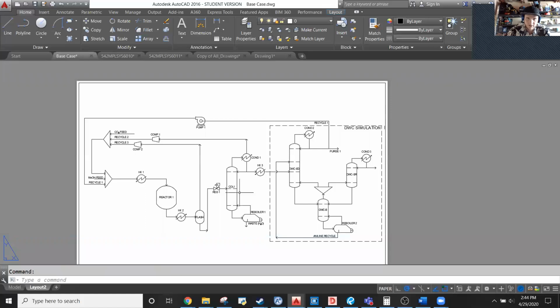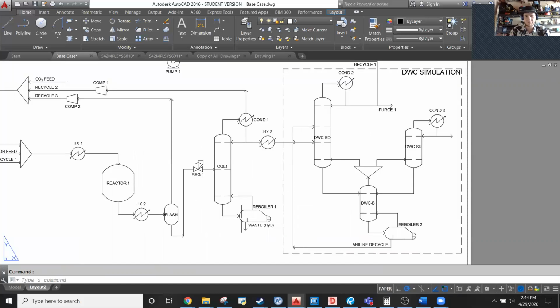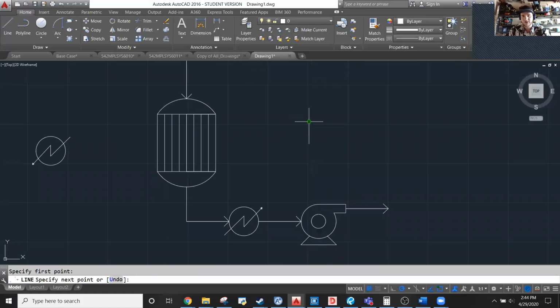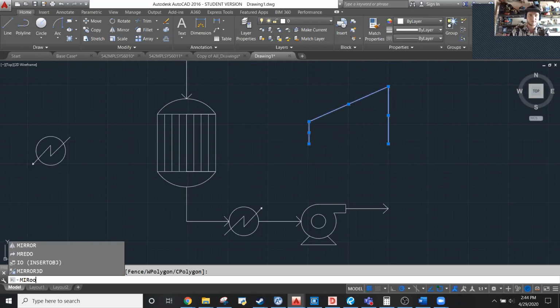So you would create columns in the exact same way you would create a reactor, just with different ratios. The reboilers are a little bit more tricky, but it's basically the exact same process as the reactor. A compressor, I can show you super quick how you do the compressors. So you just go line up, angled line up, line down. Make sure you hit that center line. Cool, that looks good. And then mirror that